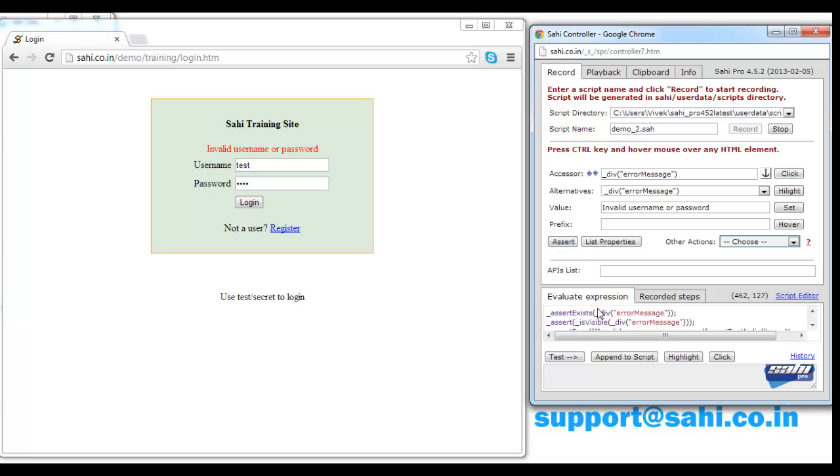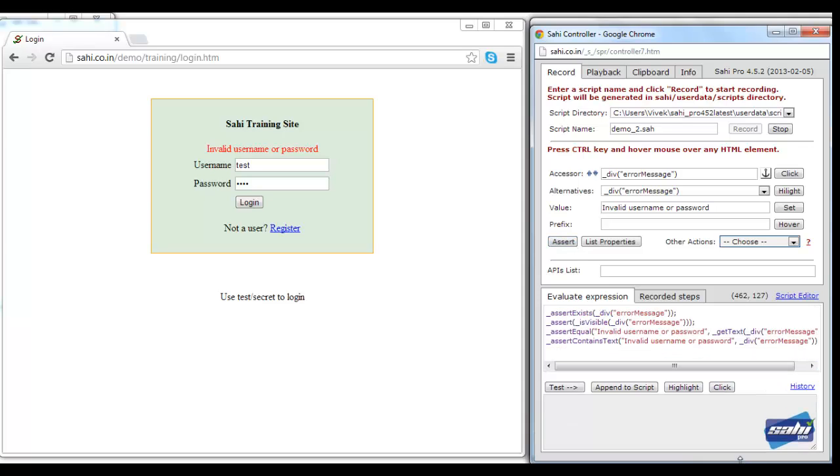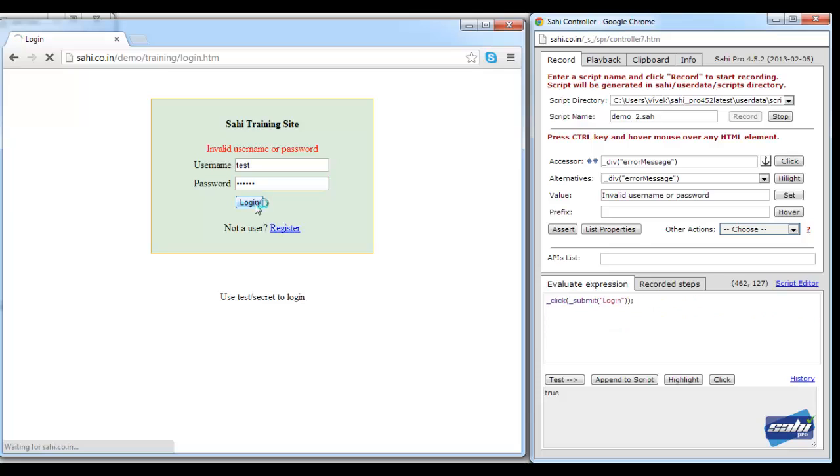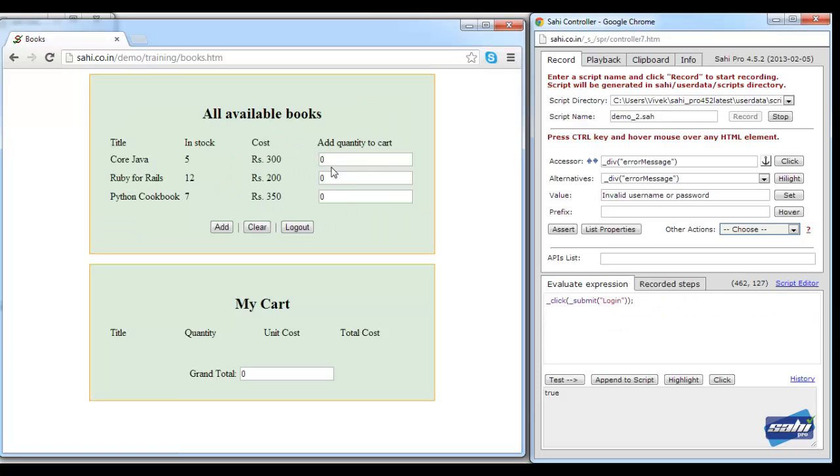I'll click on assert. I want to see whether this div is visible or not. So I'll assert on the visibility of this div. I'll append this to my script. Then I'll again log in using the correct username and password. I'll go to this shopping cart, and then if you look closely,